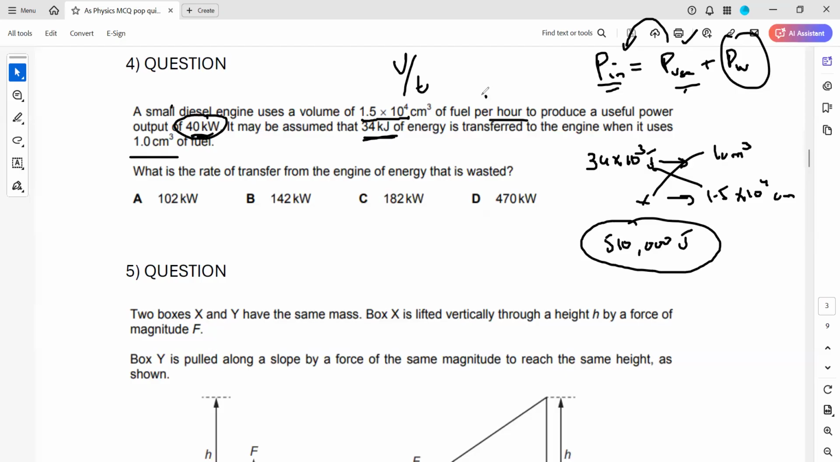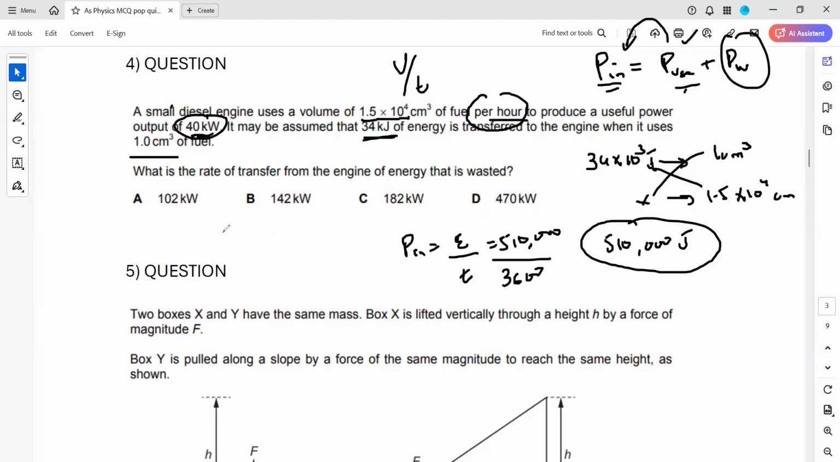But how much per hour? Like this is 1 hour. But if we need the power, how much power is given to the engine? The power is energy divided by time. So the energy which is given to the engine is 510,000. And how much time? Because it's an hour, how many seconds are there? 1 hour will have 3,600 seconds, like 60 multiplied by 60. That will give us how much input power is given to the engine,